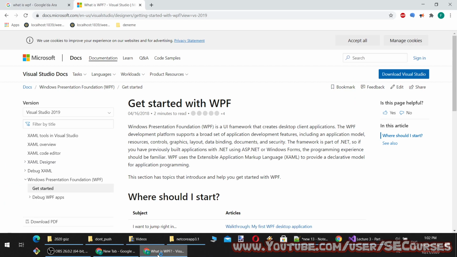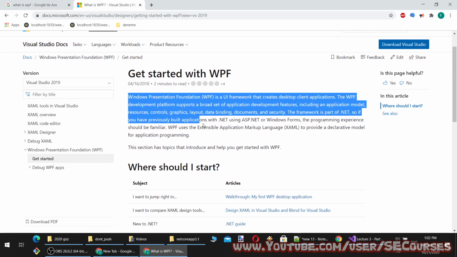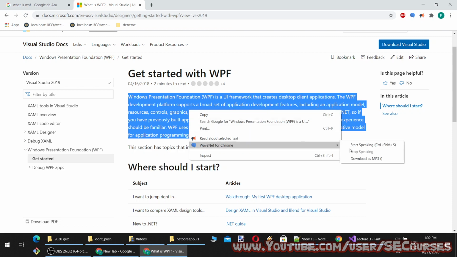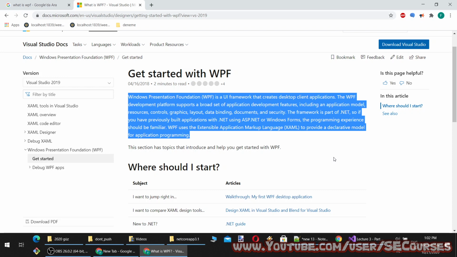Then, so what is WPF? Let's read it. Windows Presentation Foundation (WPF) is a UI framework that creates desktop client applications. The WPF development platform supports a broad set of application development features, including an application model, resources, controls, graphics, layout, data binding, documents, and security.